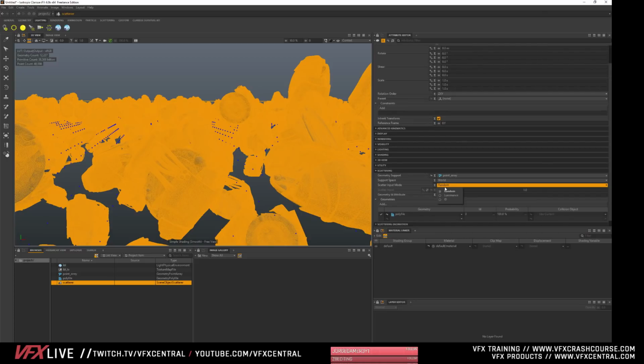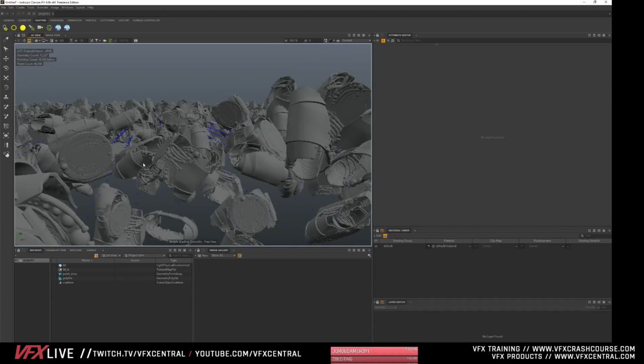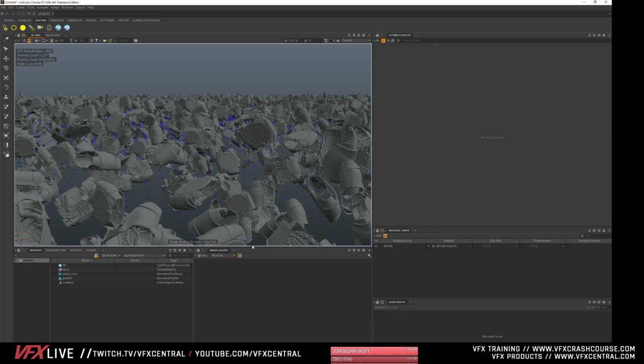Right now we're in random mode, but you also can do Illuminance, and you can base the scattering on a texture. So you could add a texture in here, fractal noise or something, and that is how this will populate. Again, you can scatter all this stuff onto objects as well, and we'll show you that in a little bit.